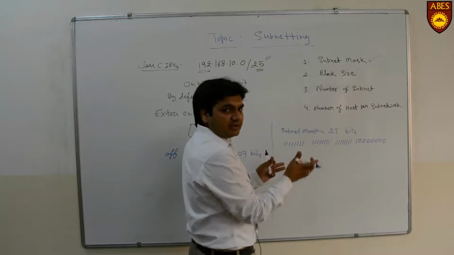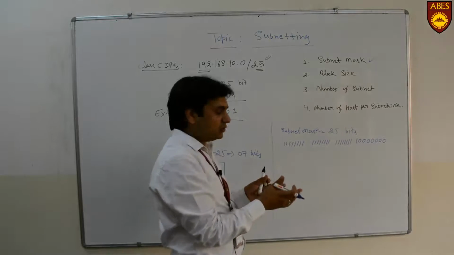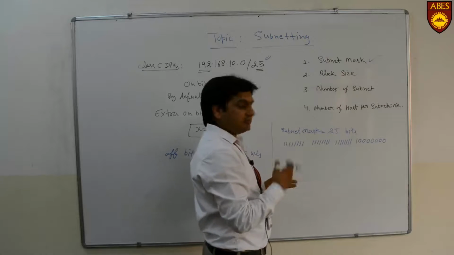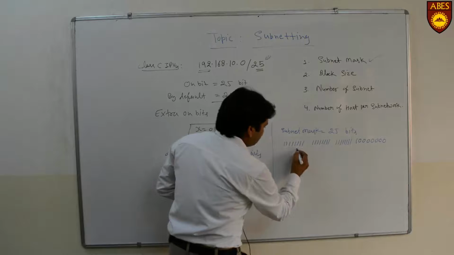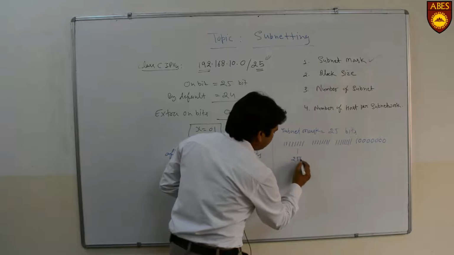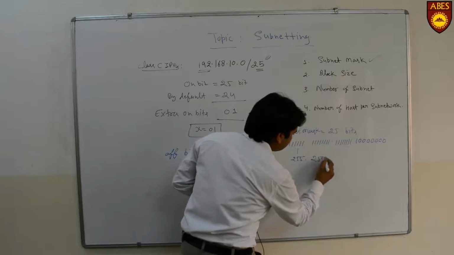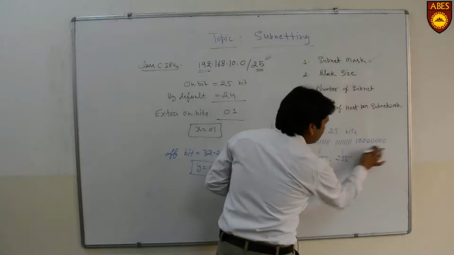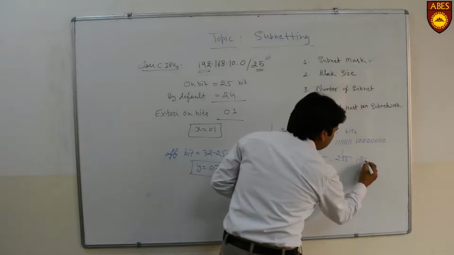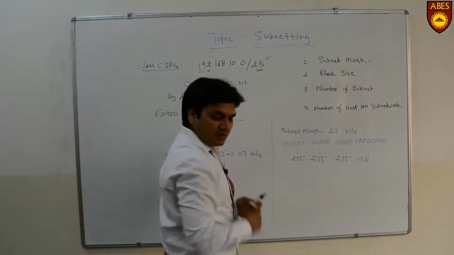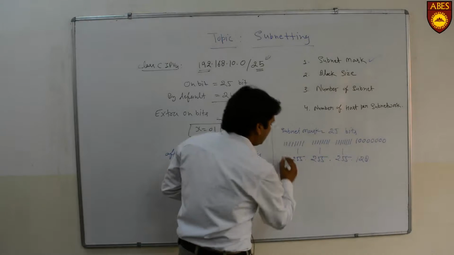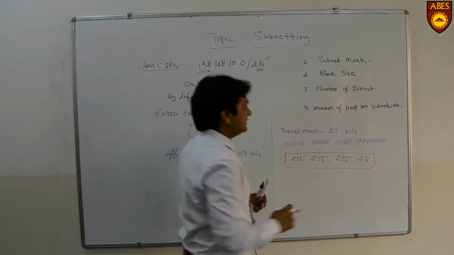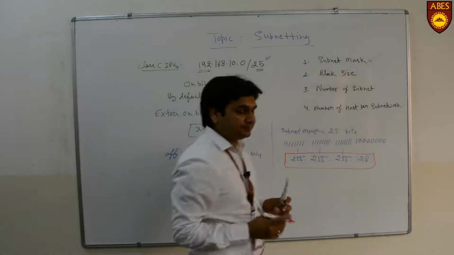So it's a 32-bit address because the subnet mask length is 32 bits. You need to convert these binary numbers into decimal numbers. So the decimal number is 255.255.255, and when you convert the last part, it will come to 128. Then the subnet mask for this given example is 255.255.255.128. That is the first answer, the subnet mask.